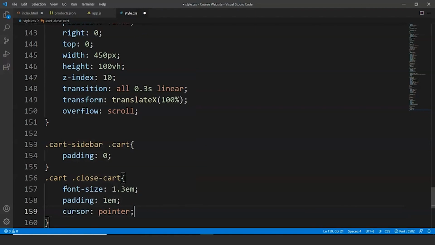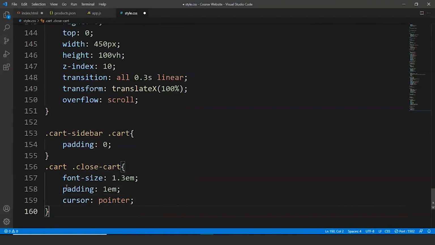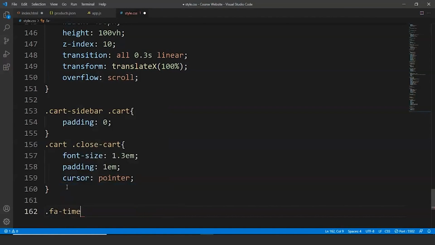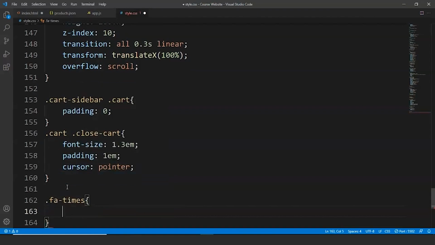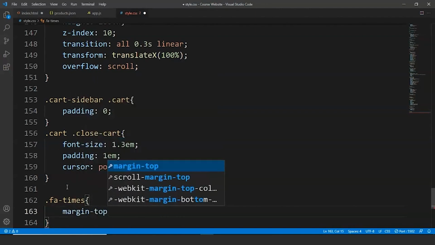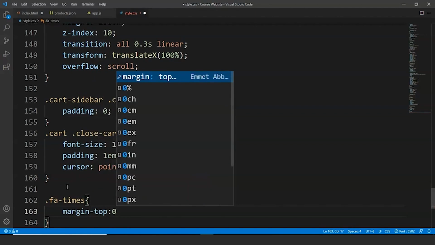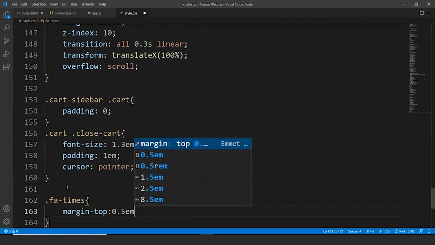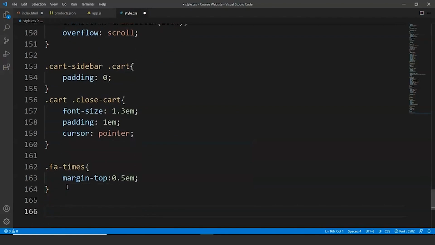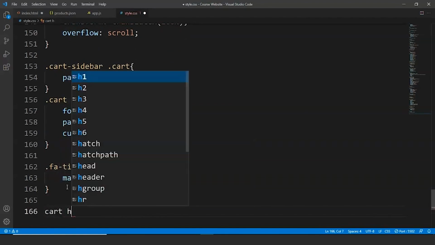Fine. We'll write here .far-times. Inside this we'll write margin top as 0.5 em, and we'll write here cart h2